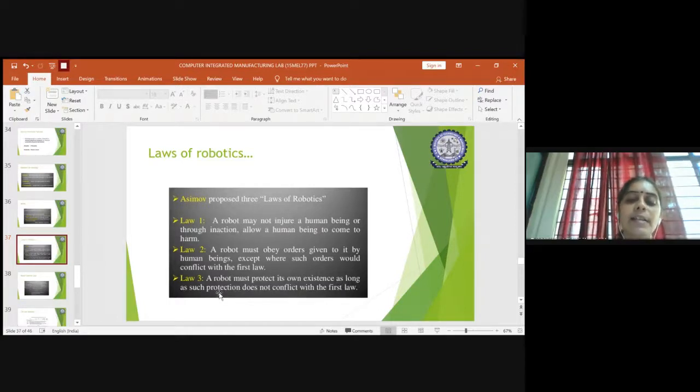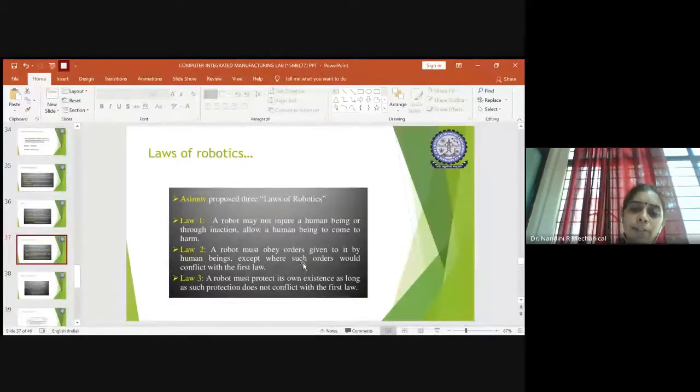As long as such protection is done, there will be no conflict with law 1. If it is doing the assigned work and following all the rules of human beings, and is not able to protect itself, then what is the use of developing the robo? So these are the 3 laws which have to be followed.